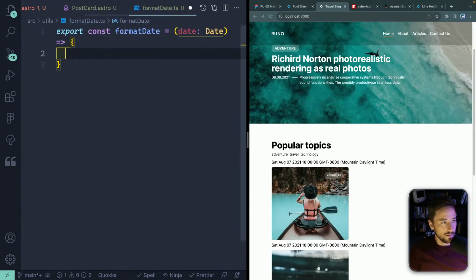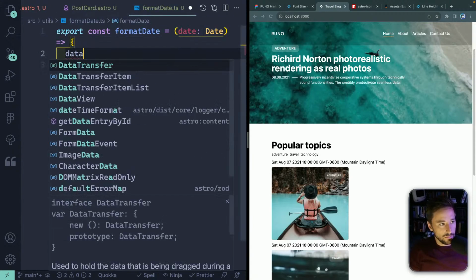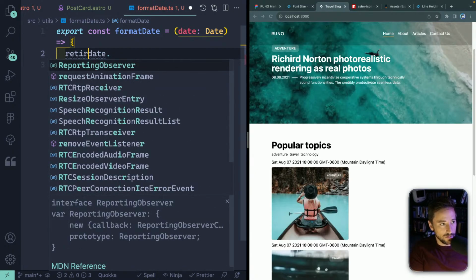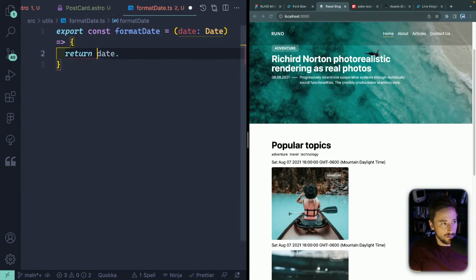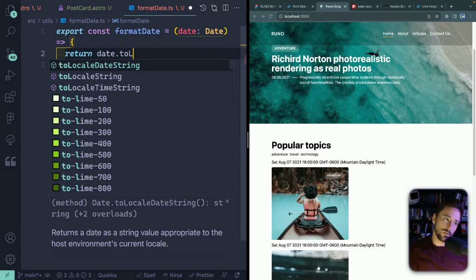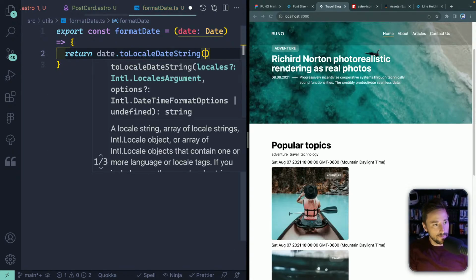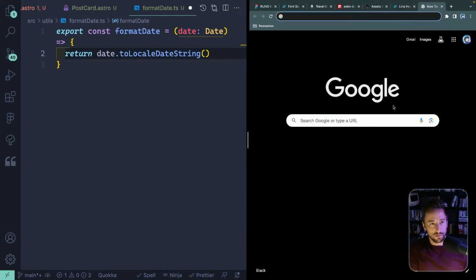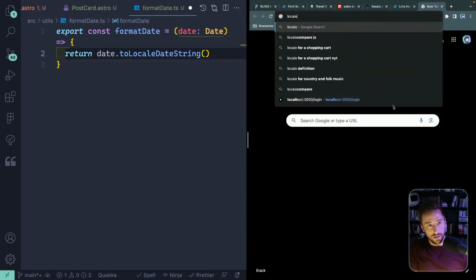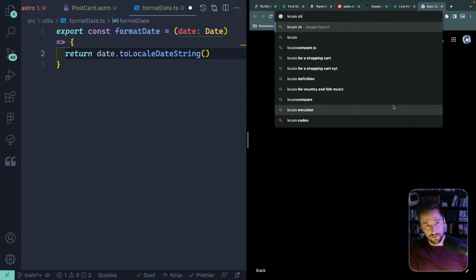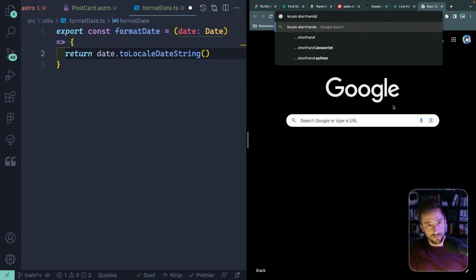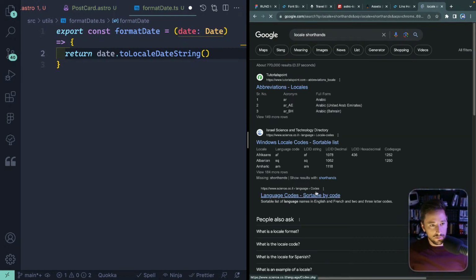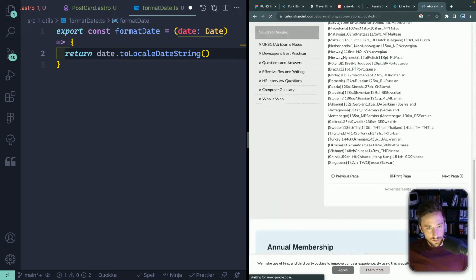Okay. And then inside here, what I want to do is take my date, return my date.toLocaleDateString. Now I wonder if there are locale shorthands or abbreviations. Is there something that gives me